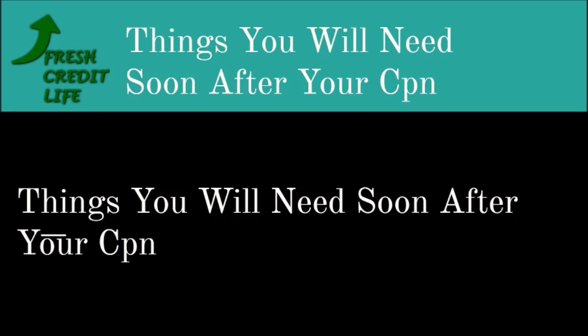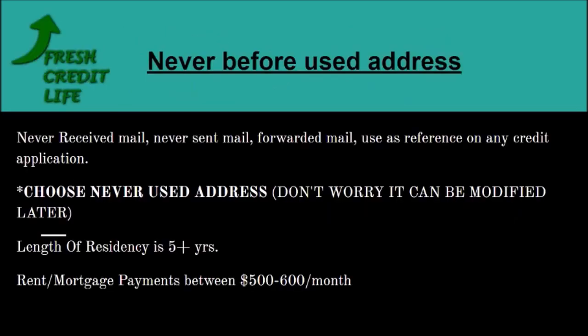Okay, the things you're going to need before you even get a CPN. Well, you can get your CPN, but when you get your CPN, you're going to need these things to make the process smooth, no dings, whistles, and red flags. And I'm going to tell you what it is. The first thing you're going to need is a never before used address,